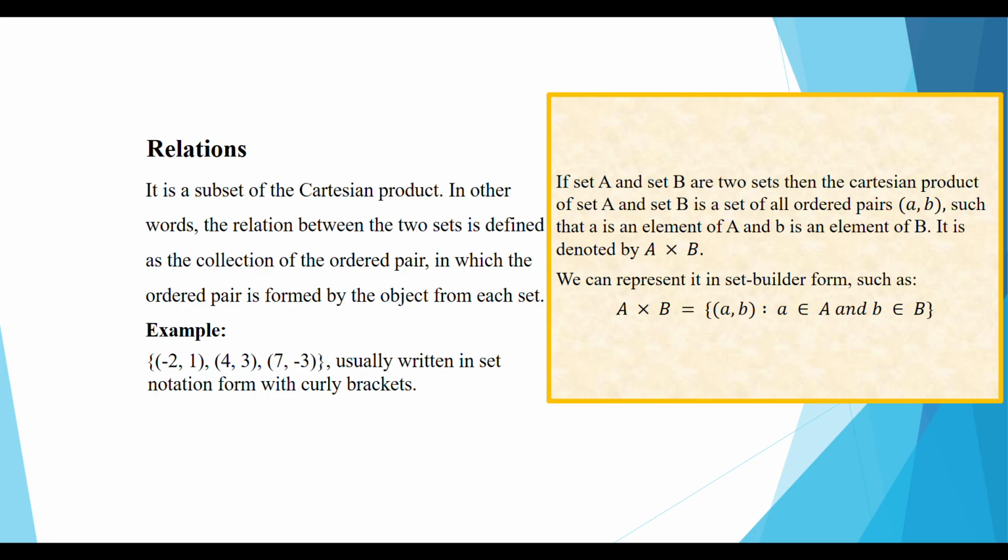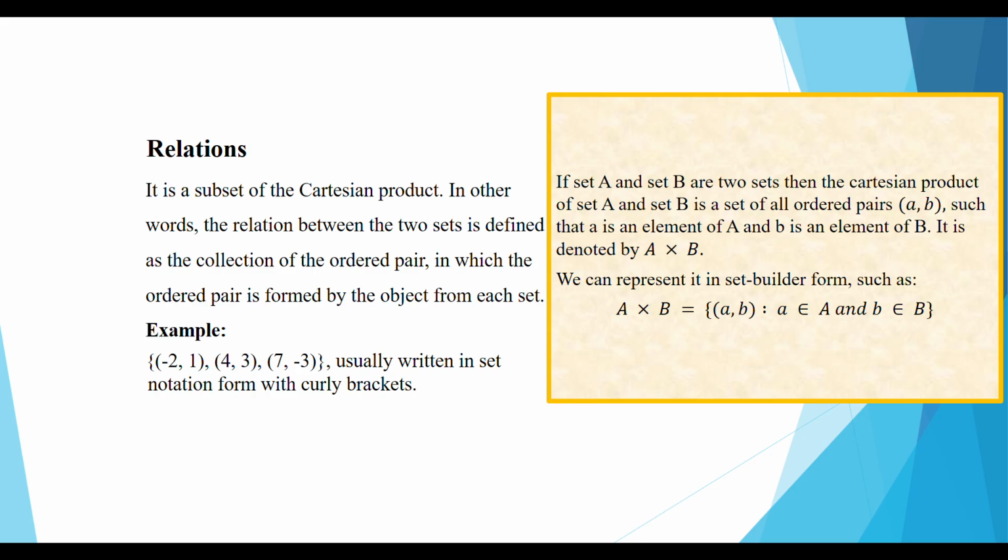For example, if set A is equal to {1, 2, 3} and set B is equal to {a, b, c}, both sets are equivalent sets. Both sets have the same order. The cardinality of set A and set B is equal to 3. The Cartesian product of set A and set B is equal to